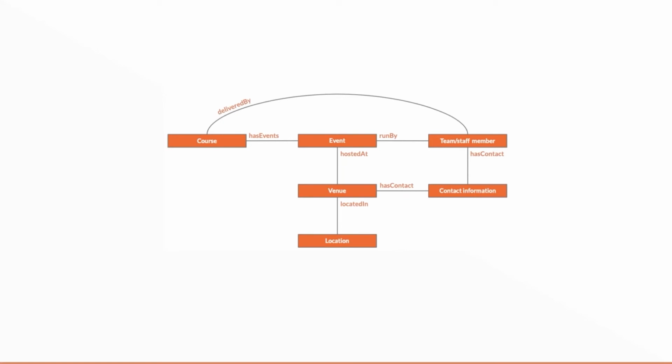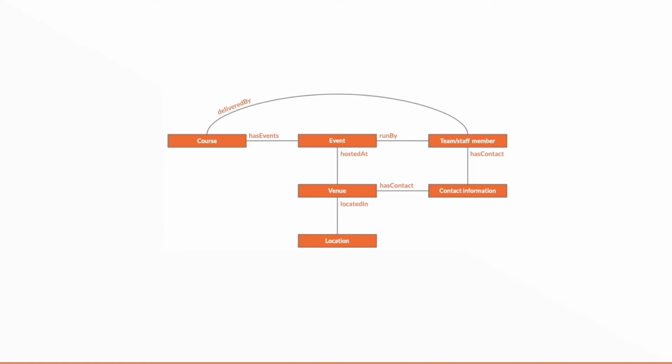So a course has events in it. An event is run by people in different ways. So we could have said that relationship needs to be quite general, run by, rather than thinking about there being lecturers, but also administrators; it needs to cover all of those. Staff members have contact information. Why have we separated the contact out from the people? Well, because venues also have contact information. So we can see that within the model, if something is reusable for lots of other types when it comes to relationships, then we can separate it, make it easier.